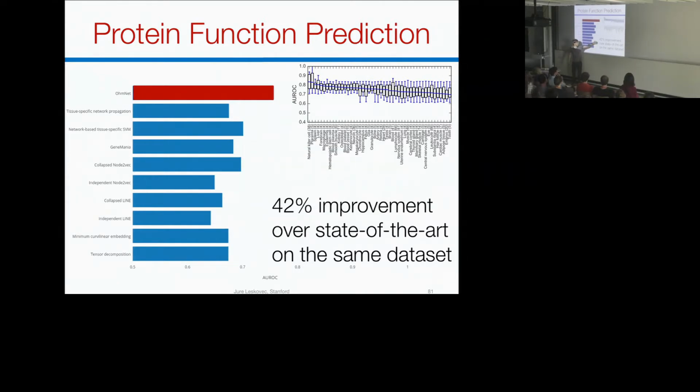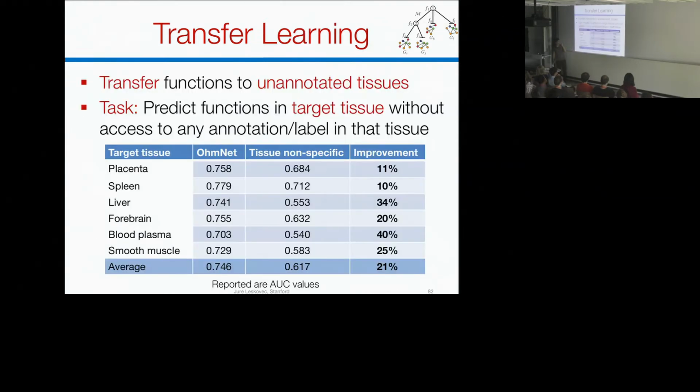So we get a 42% improvement over state-of-the-art methods that don't consider this kind of hierarchy and only work with individual networks using this method. And maybe the more interesting thing is that what we can do now, we can start doing